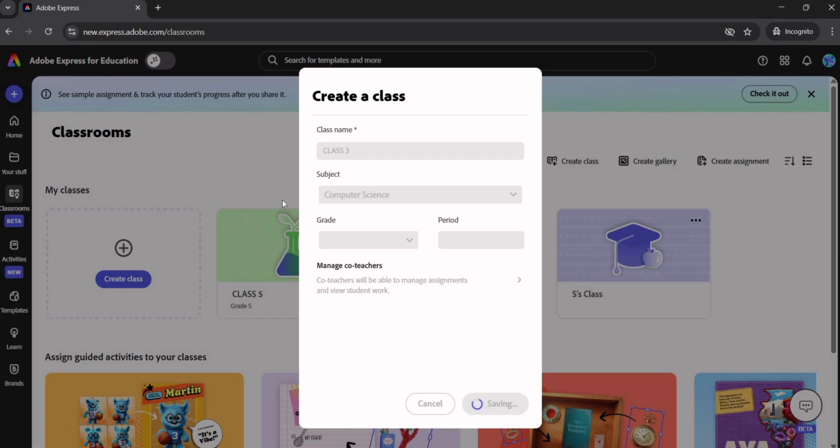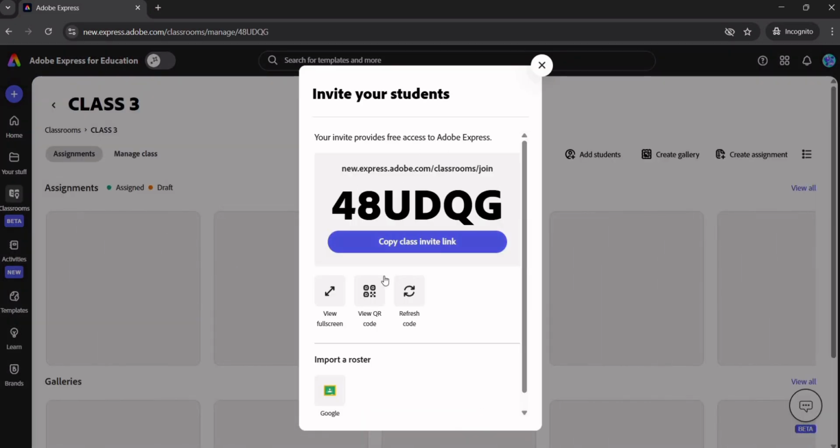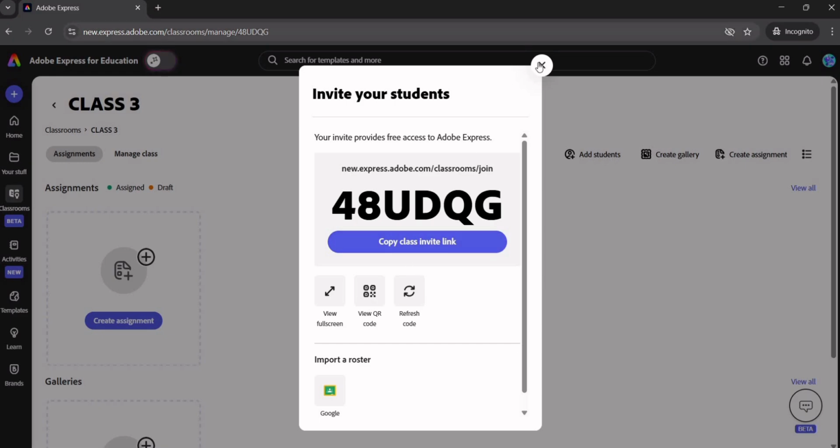Now you have to assign the homework, or give some template as homework. As soon as you create the class, you will get this link which you need to write down somewhere or copy, so that you can share the same link, the same class invite, with your children, with the help of which the students will be able to do their assignment. With the help of this link only, the student will be able to join the classroom and complete the assignment whichever you are giving to them. So it is a request to please note it down somewhere, or copy the link for future reference.